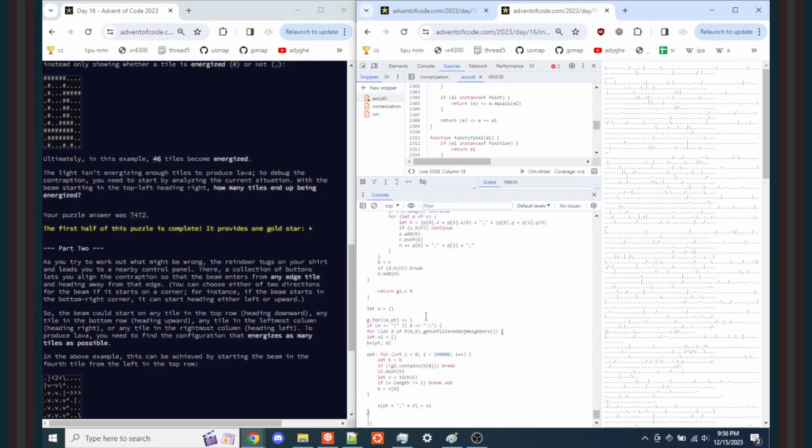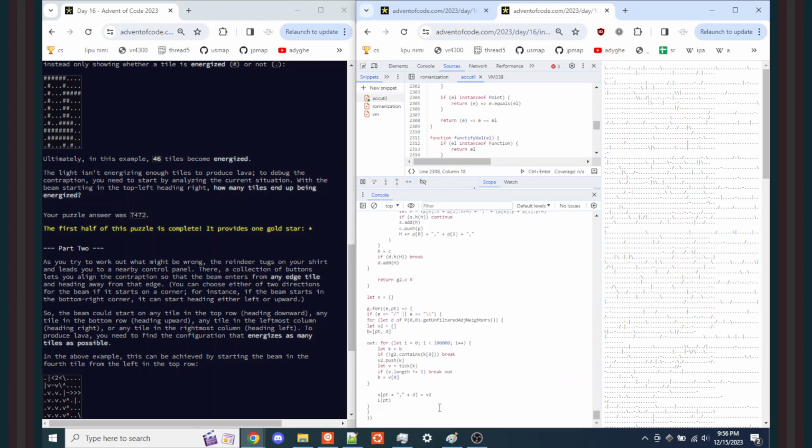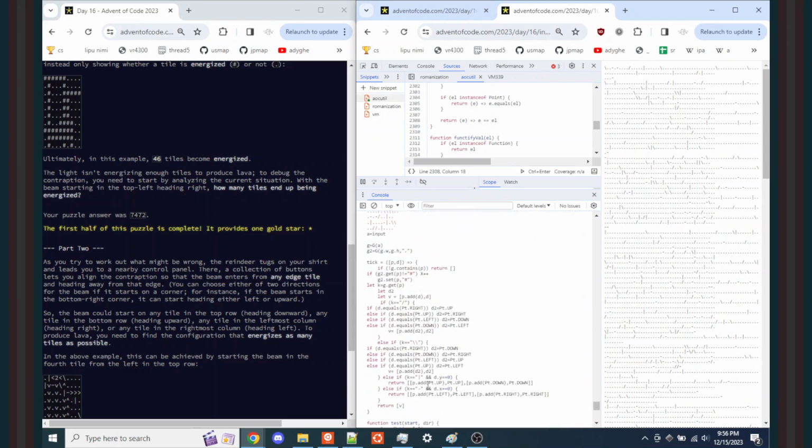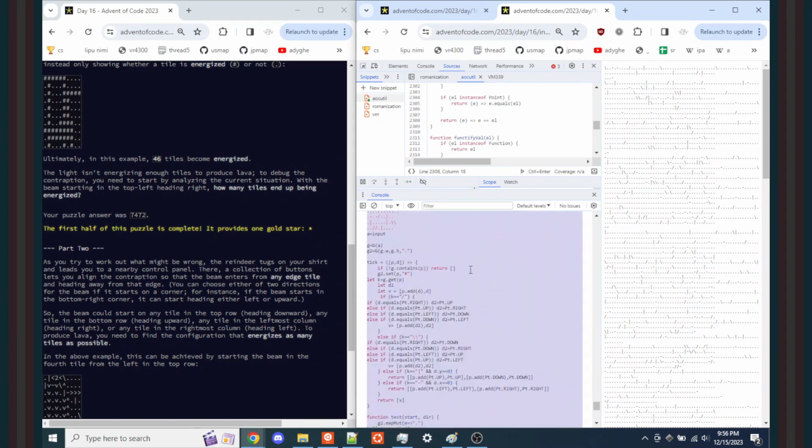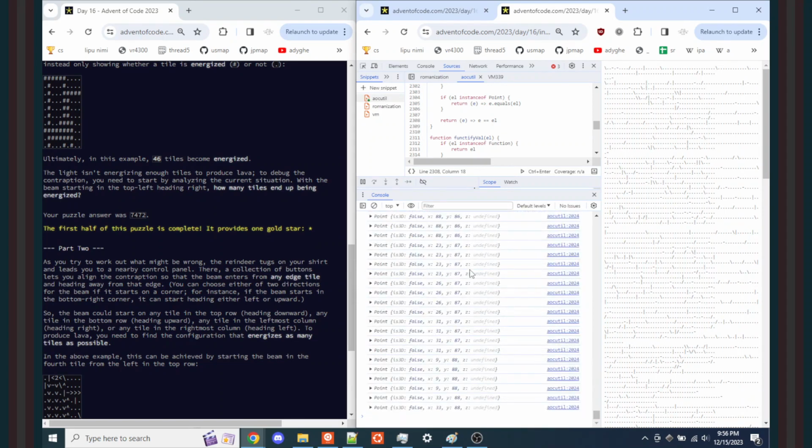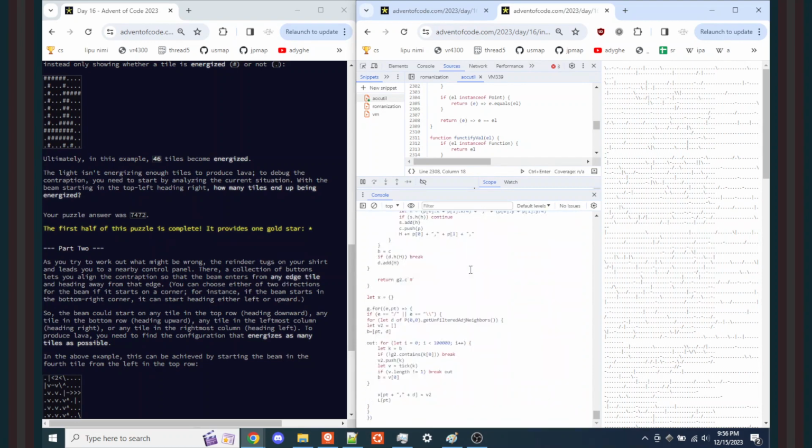And then, sorry. Cool. So now I have this big map,